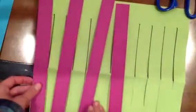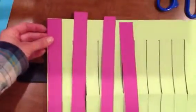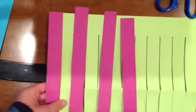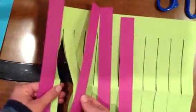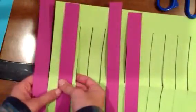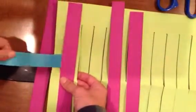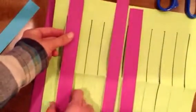When you glue these pieces on, make sure that they're lined up along the edges. You don't want to have something sticking over like this. And most importantly, you don't want to have one of these pieces covering over this gap. So if I glued this piece on in the middle, right where that gap is, when I try to weave something underneath here later on, I'm not going to be able to get through there. So you want to make sure that this piece lines exactly in the middle